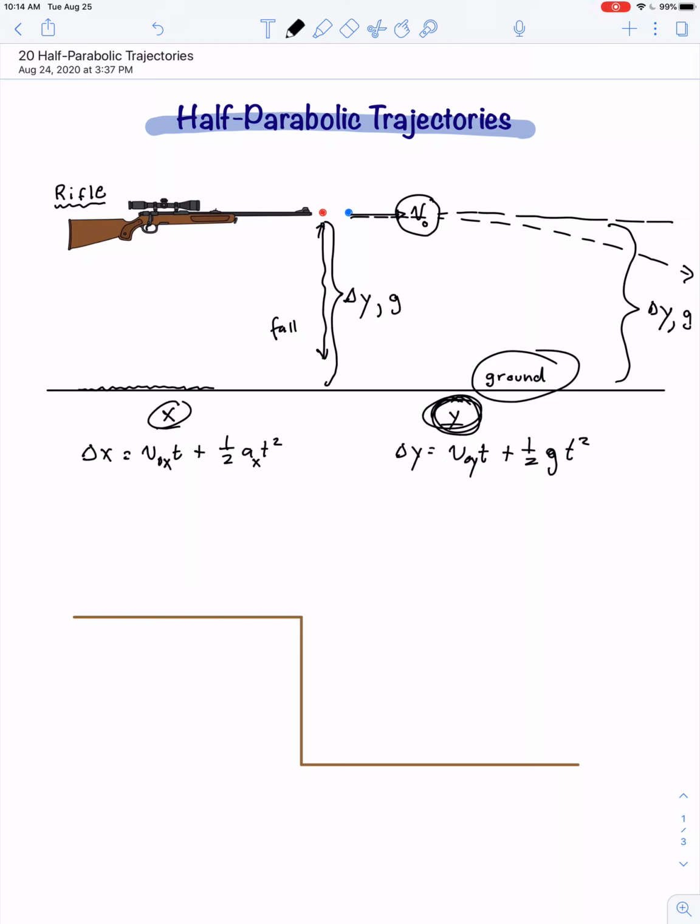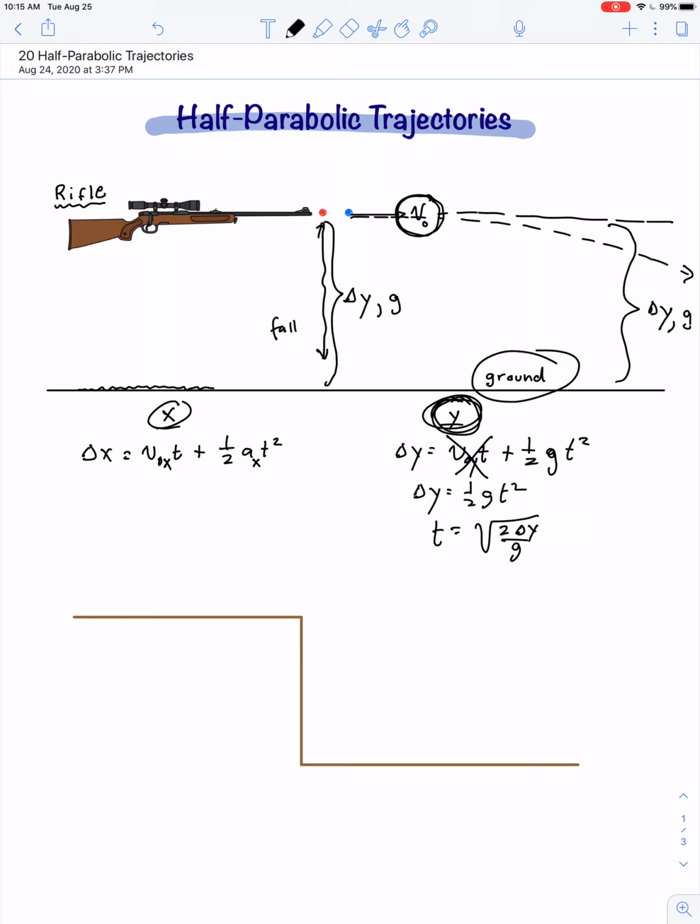Okay, so even though the blue bullet has an initial velocity, it does not point at all in the vertical direction. So its initial vertical velocity is 0. So delta y equals 1/2 g t squared. So time is equal to the square root of 2 delta y divided by g. For both of